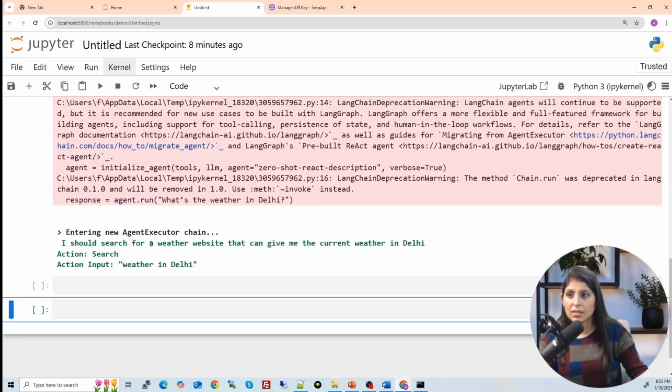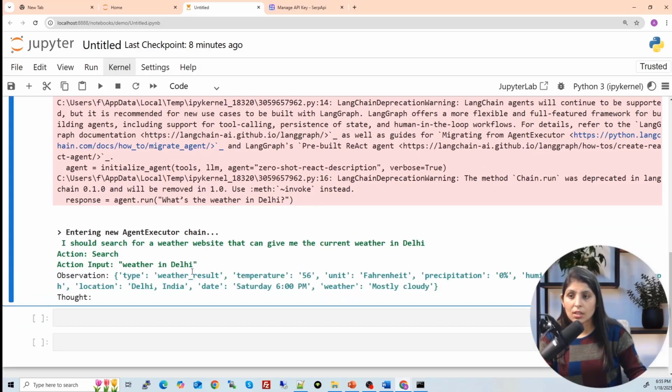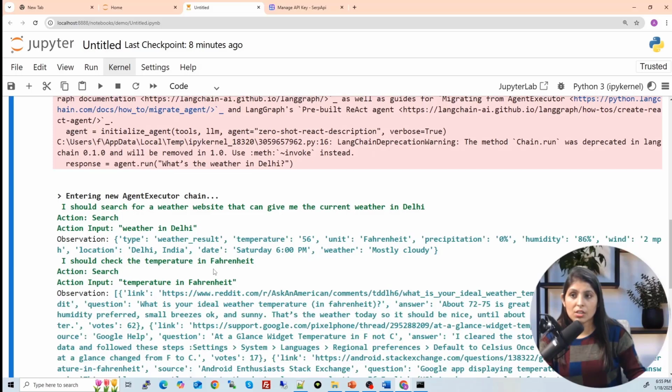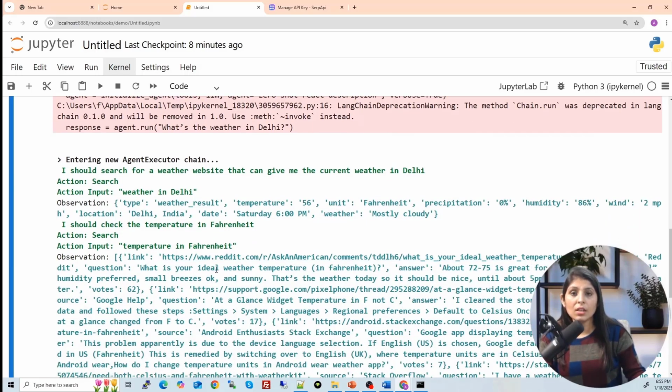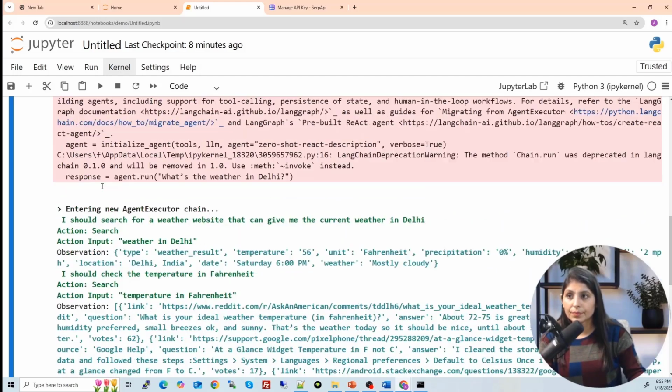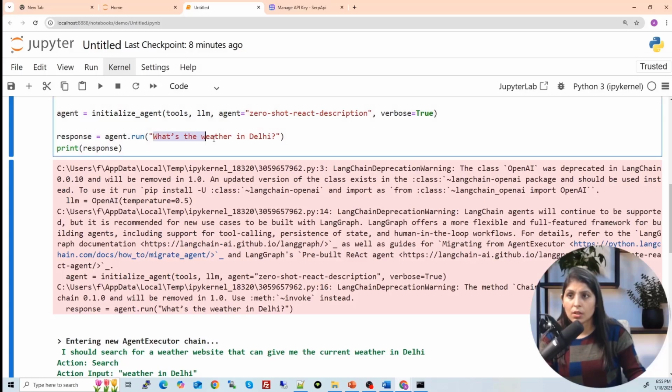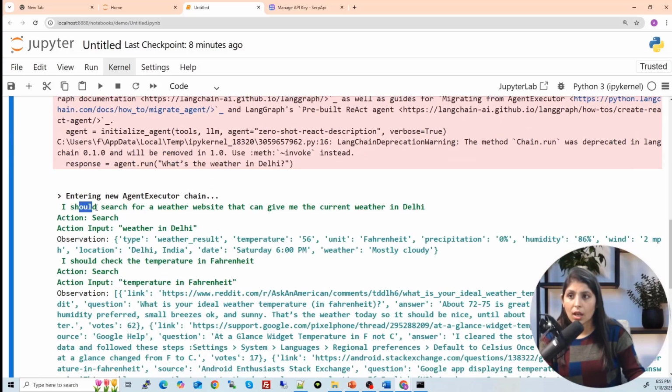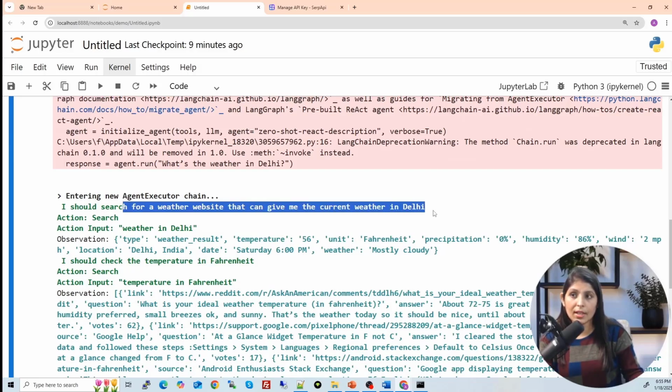When you run it, here you are seeing the process the agent is doing, because we have set verbose equals true, so you can see all the process over here. First, see, what is the question? The weather in Delhi. This is what I should search for: a weather website that can give me the current weather in Delhi.